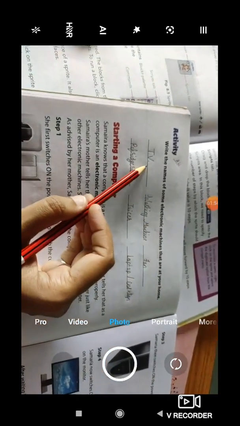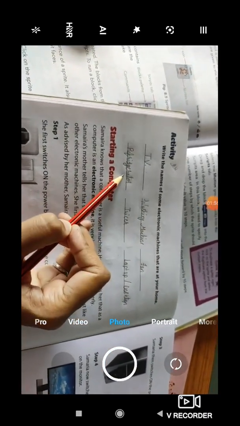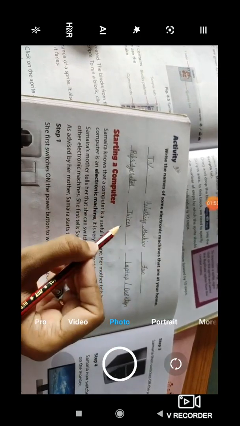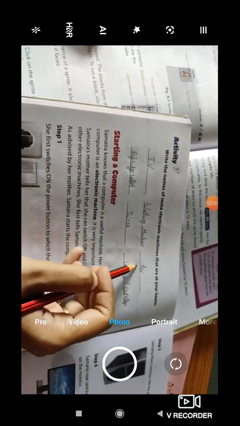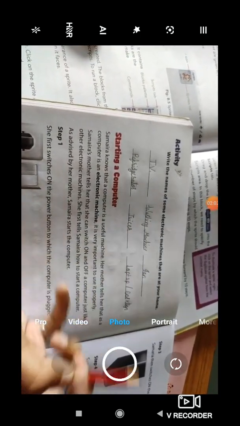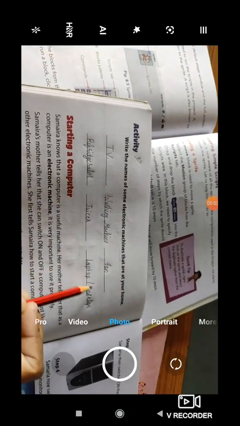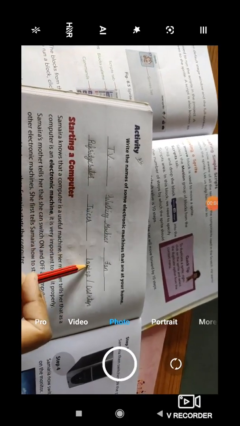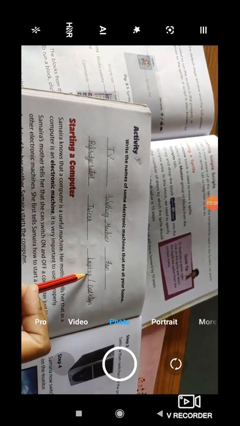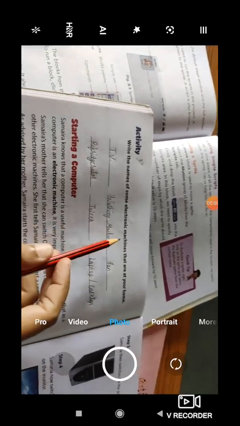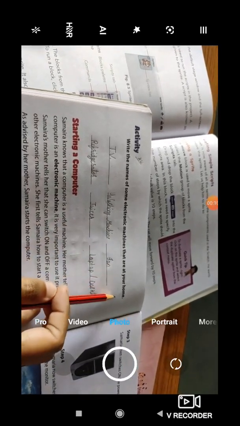I wrote some names over here: TV, refrigerator, washing machine, juicer, mixer, fan, laptop or desktop. So you can write any six machine names from your house, electronic machines, whatever you are using.